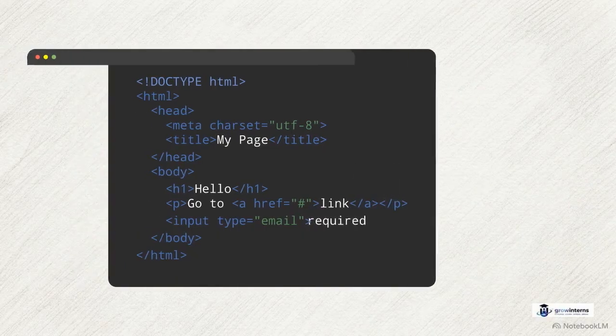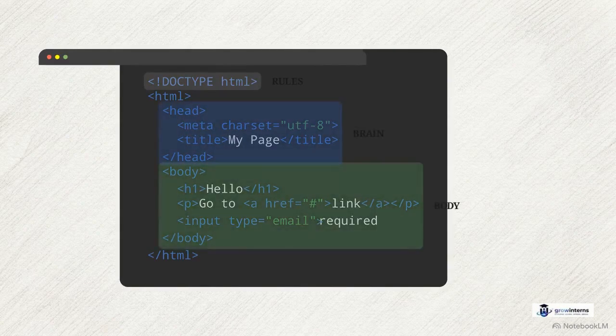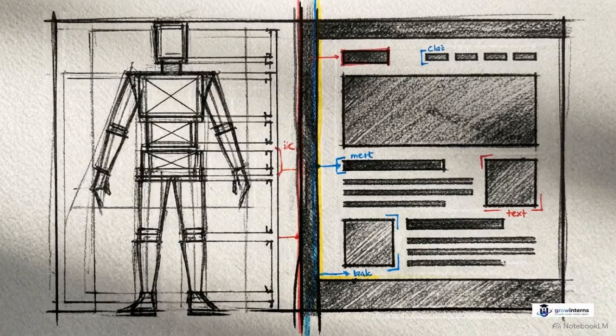Looking at our complete file, the distinct regions are now clear. The doctype establishes the rules. The head processes the invisible data, and the body holds the visible content. You have just built the master blueprint. This exact structure is the foundation of nearly every modern website in existence. Now that the skeleton is fully assembled, we can start filling the body